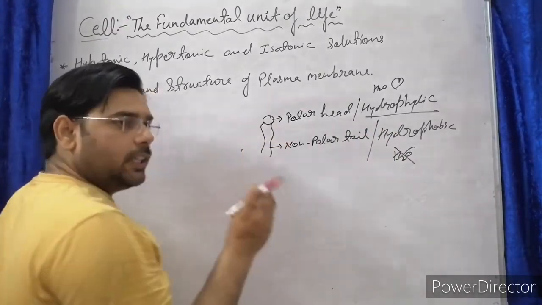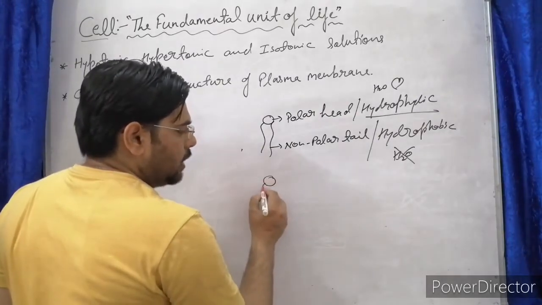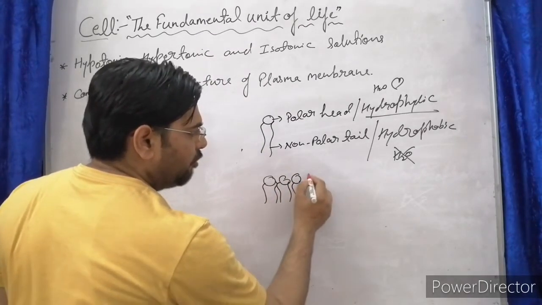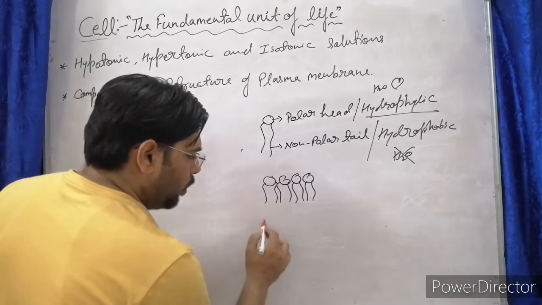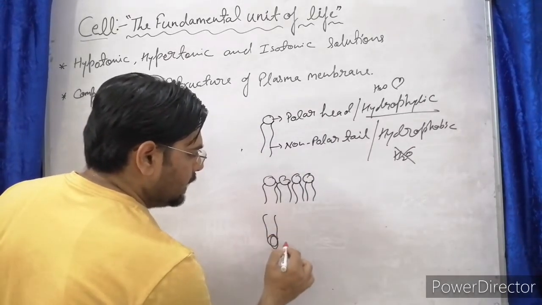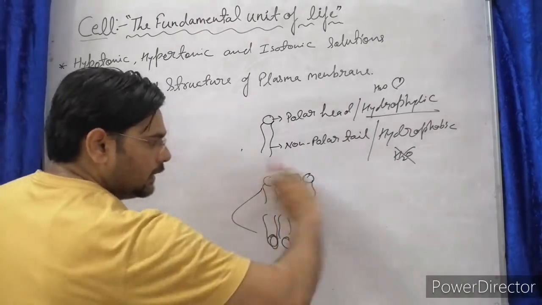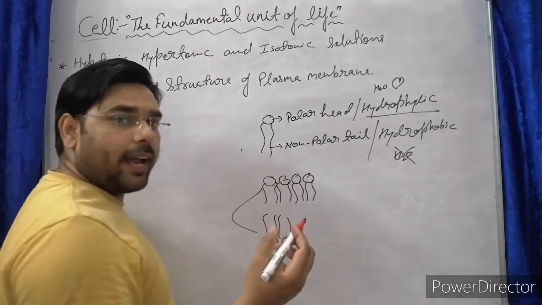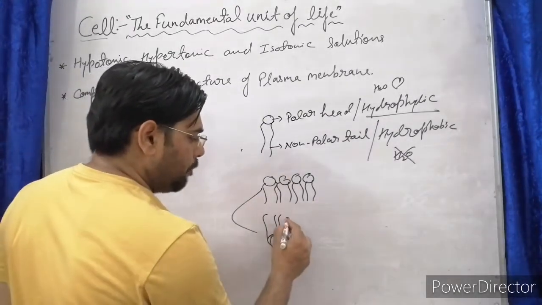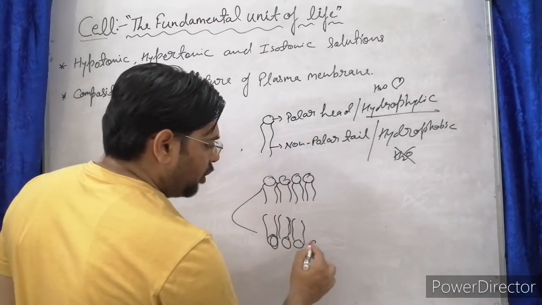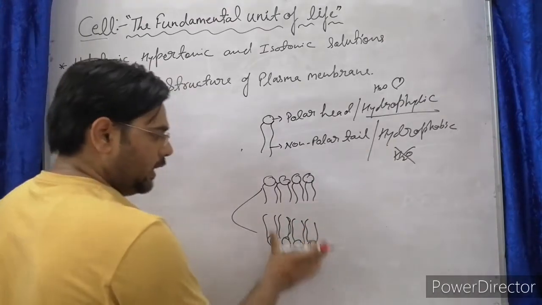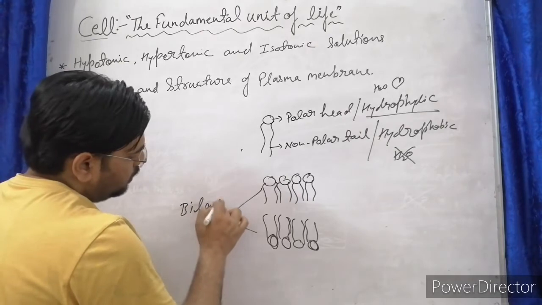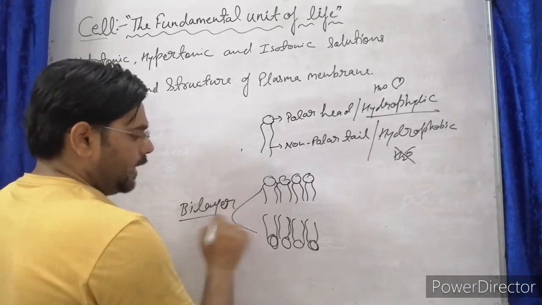So these phospholipid molecules are arranged as a bilayer. This is one layer of phospholipid. This is one layer of phospholipid. Likewise, it has one more layer of phospholipid to make it like a sandwich. Suppose these are two breads, and the fluid works as the jam. So that is why it is also called a sandwich structure. So this is the bilayer of phospholipid, the upper layer and the next layer.